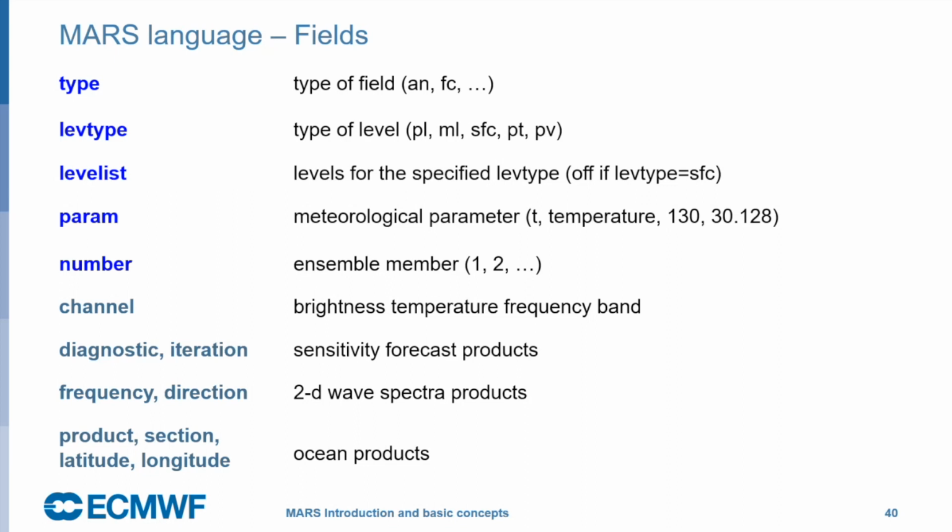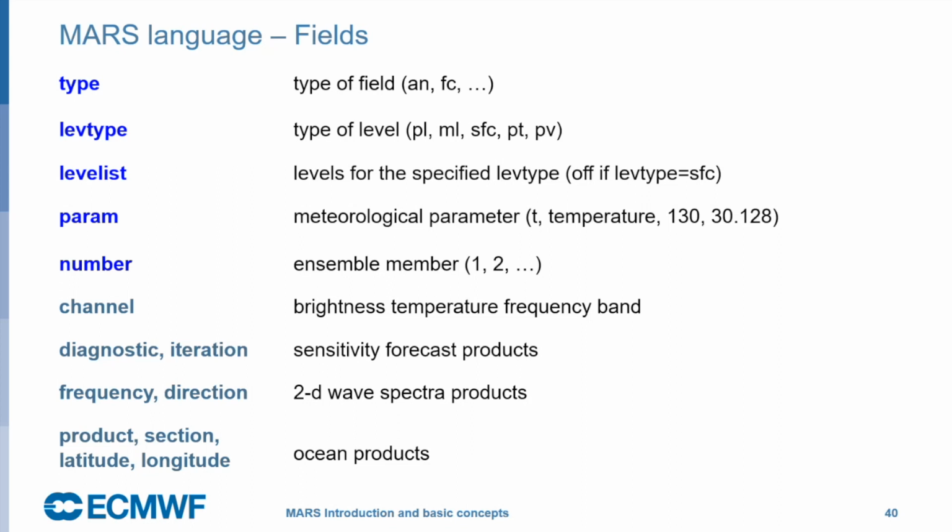Then surface data, most of the parameters we archive are surface parameters. And then we also have from some data sets potential vorticity and potential temperature levels. Basically, level list is also important, so you specify all the levels. If you retrieve the surface data, then you don't need to specify level list because obviously there is only one